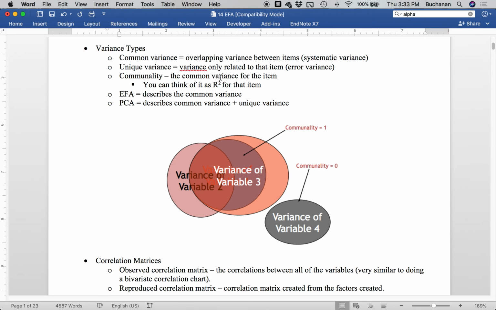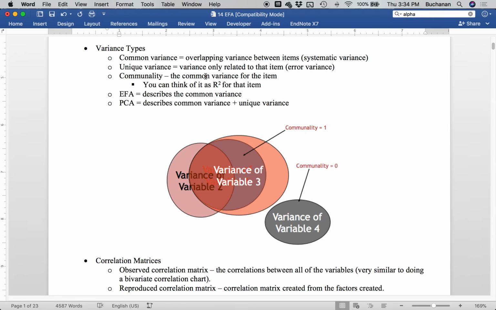Unique variance, which is variance only... it just doesn't like the word variance twice. Can I not spell? Okay, I also cannot spell, but it's related only to that item,